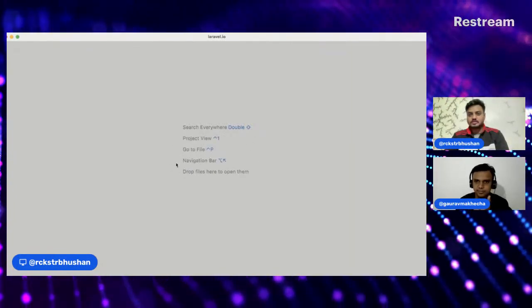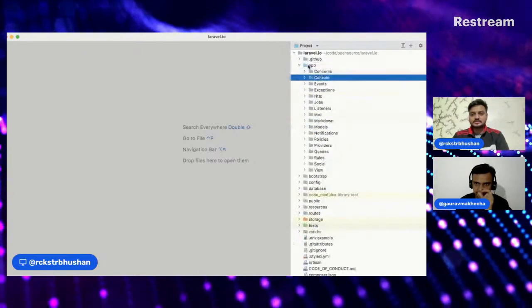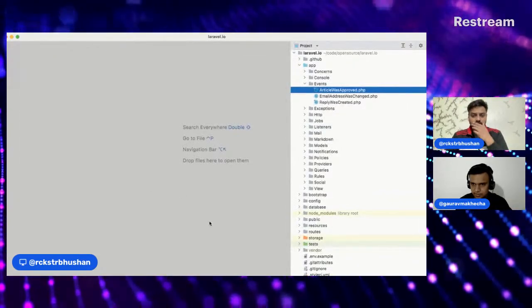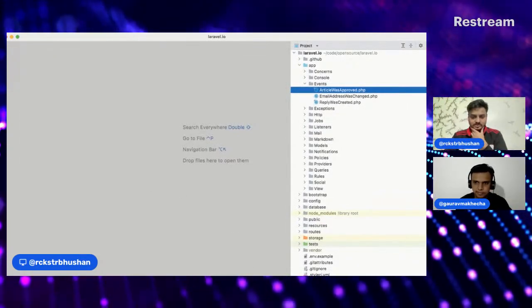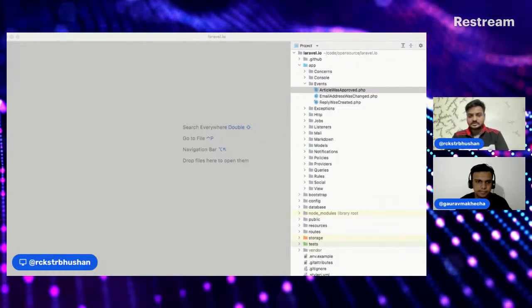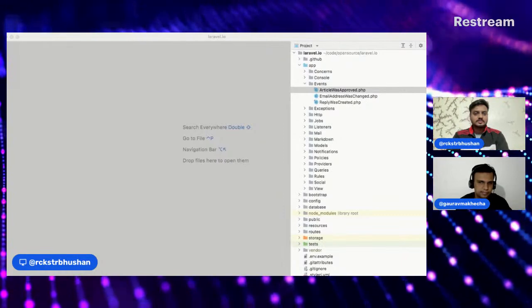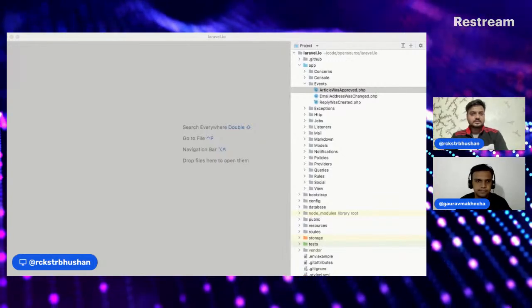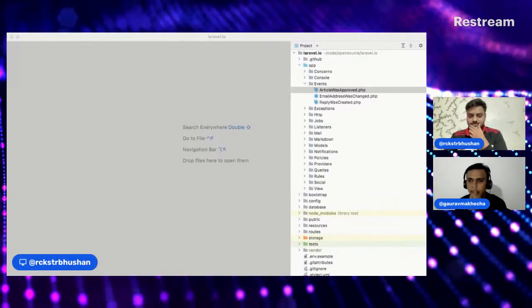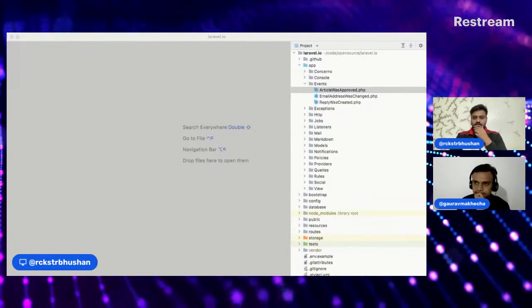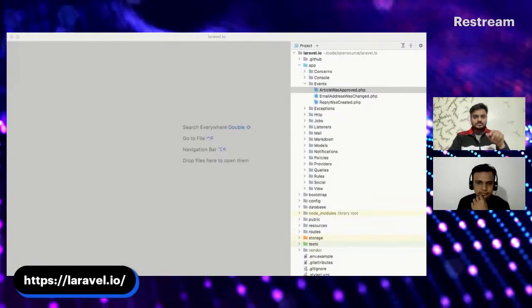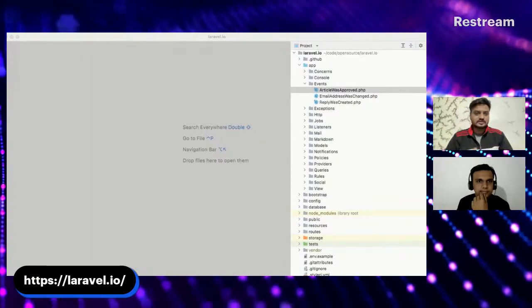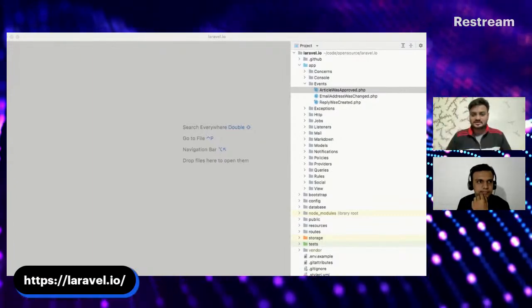Yep, looks good to me. Okay, so I'll open some file. Maybe you can show the Laravel IO website so that people can see. I'm actually only sharing this PhpStorm, but I'll type it for the people. Okay, so it is in the chat. This is a really cool project, Laravel IO. It's a forum where Laravel people can come and talk to each other. It's like a Stack Overflow for Laravel, in short.